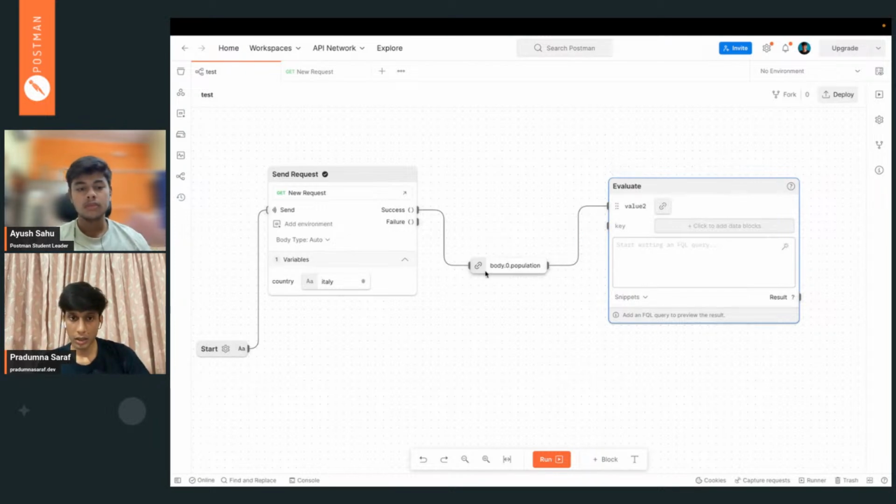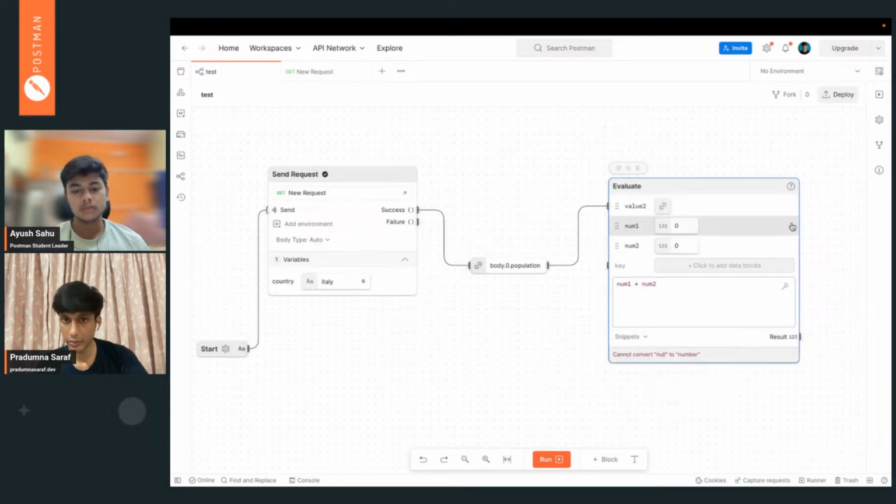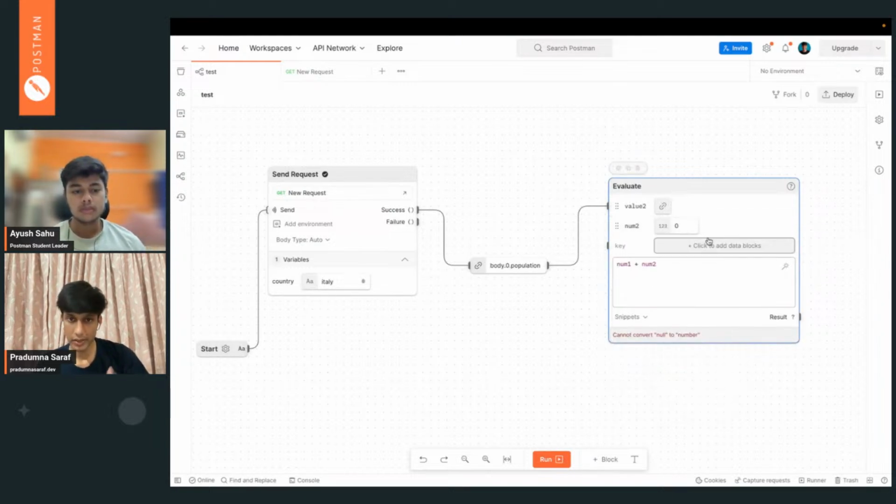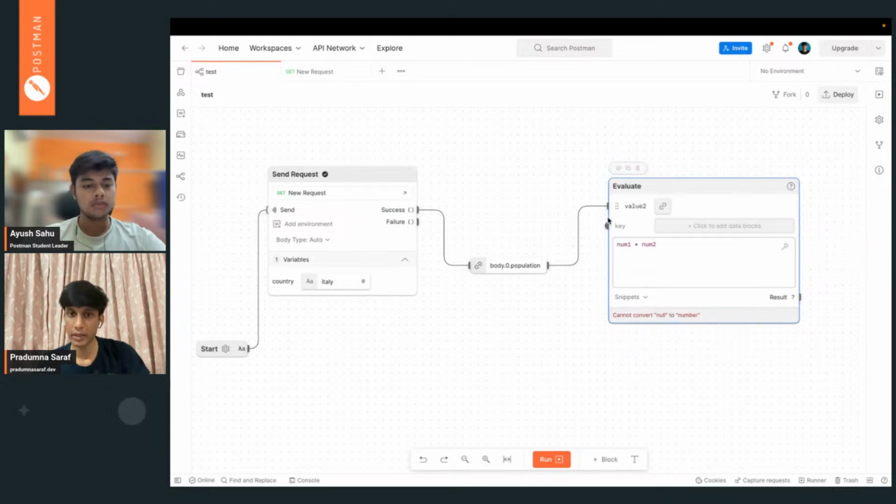For example, here we are getting a population number. We can add two numbers or subtract two numbers, but we are not interested in data which is not currently available. We are interested in the data we are getting from the previous method.